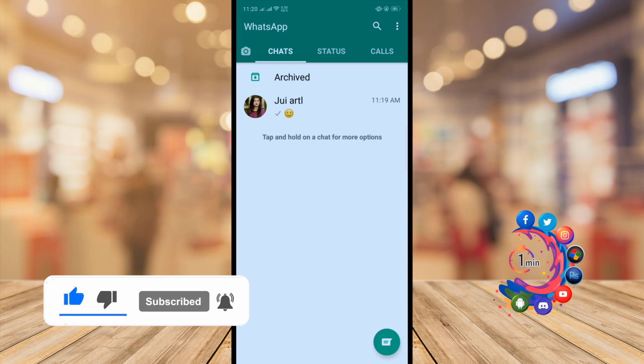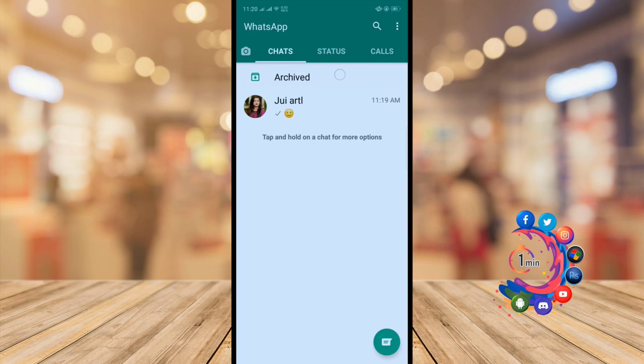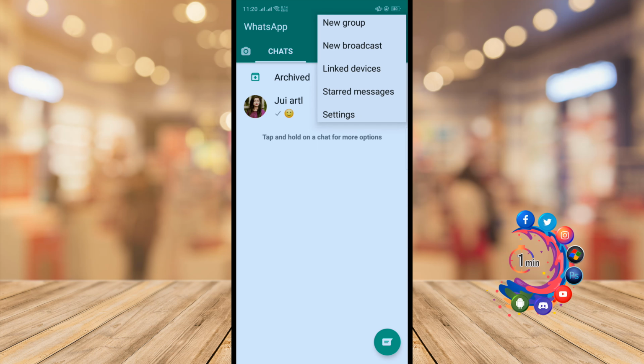So here we can see the archived box. To remove this archived box, click on this three dot icon in the upper right hand corner and click on